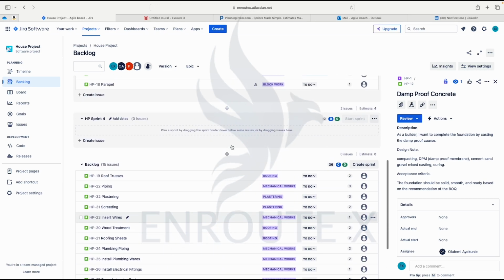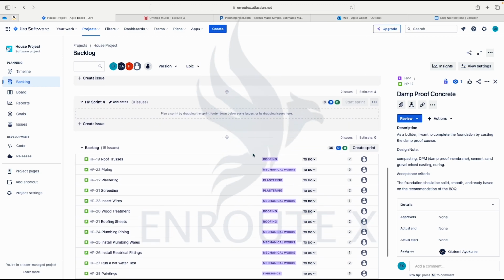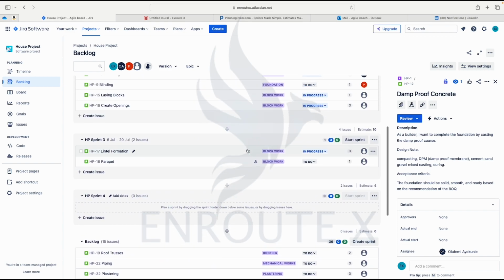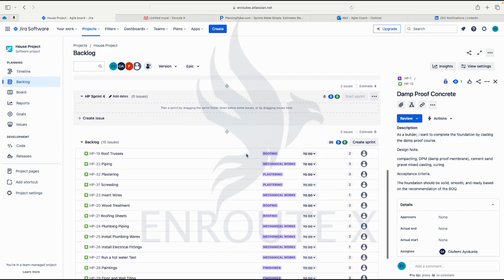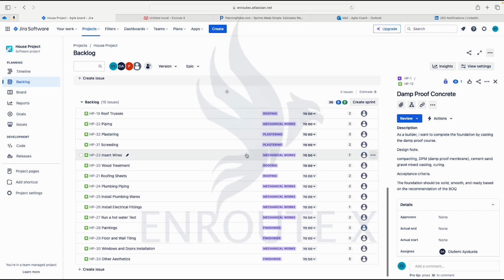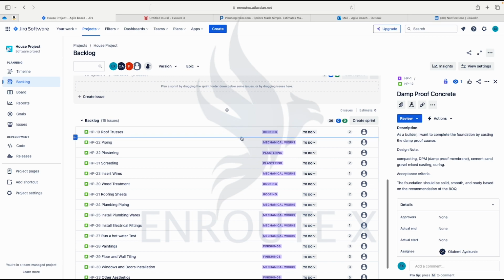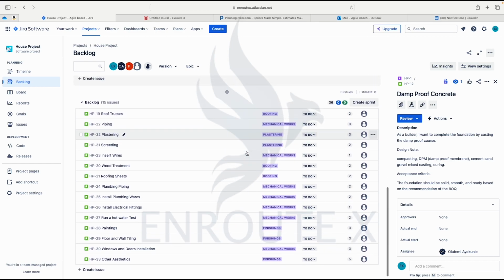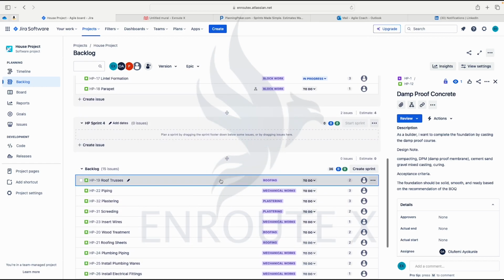What I'm doing in some bits is what I explained in one of the previous classes, called backlog refinement or backlog grooming. So we could look after block work, what would come next. After we make the block, what do we do next? Is it the roofing? Okay, let's go to roofing. I hope I'm correct. Before plastering, because the roof needs to be in place before we plaster everything together. So let's deliberately pull from here